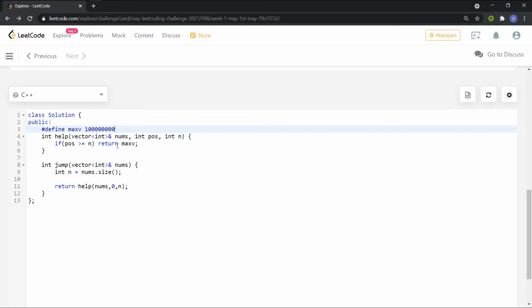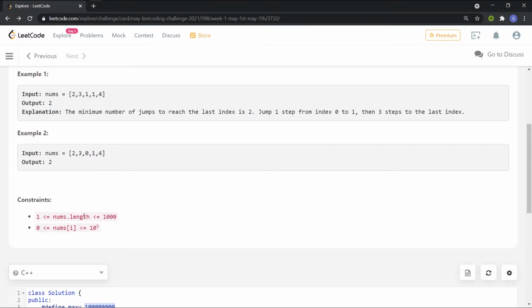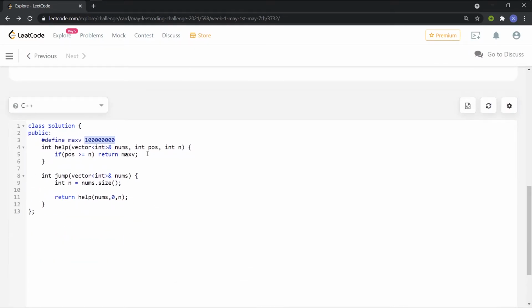I am not using int max here because there can be a chance of integer overflow. So what this statement is telling us is that if we are at any index that is not possible in the array, then return a very big number. Or in other words, it is kind of impossible because it requires a lot of jumps. And according to the question, we know that we will require at most 999 jumps. So this cannot be the answer.